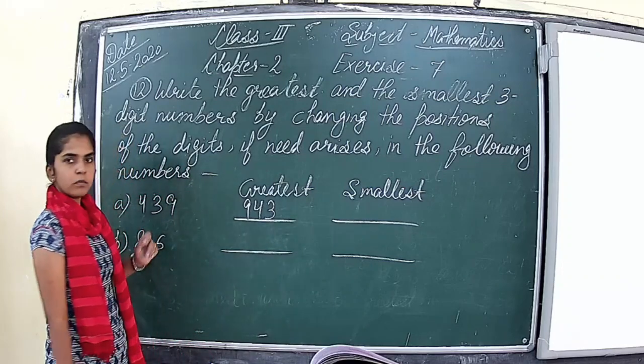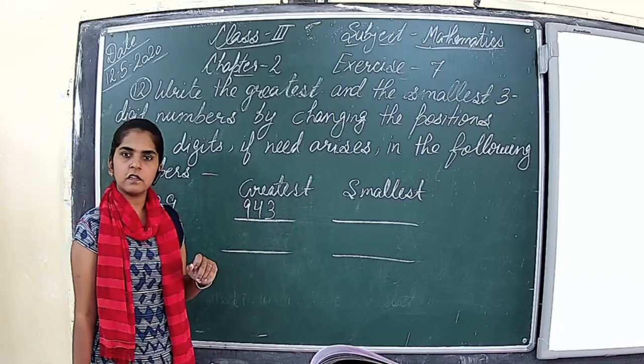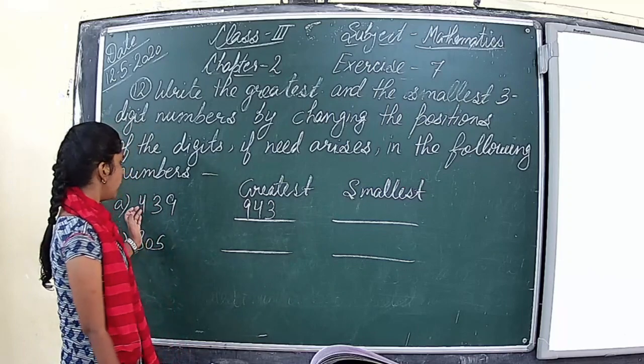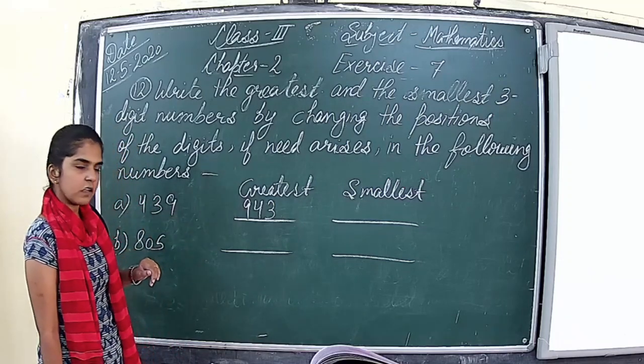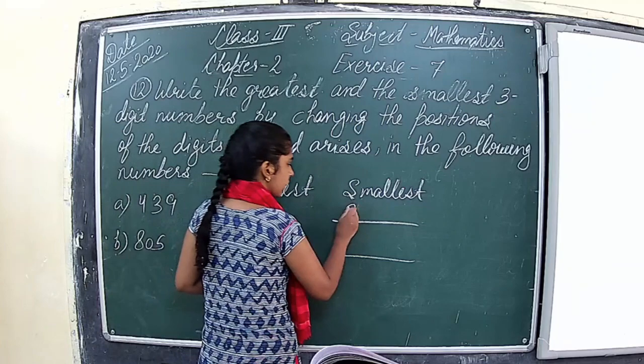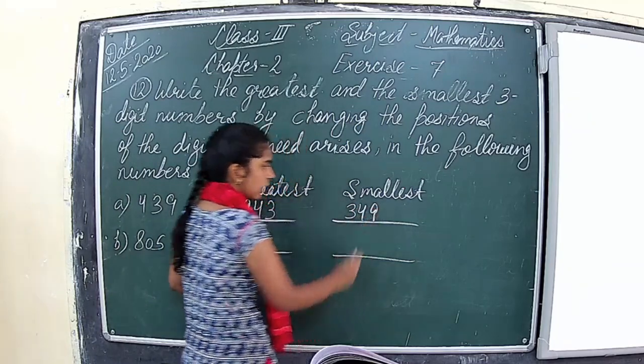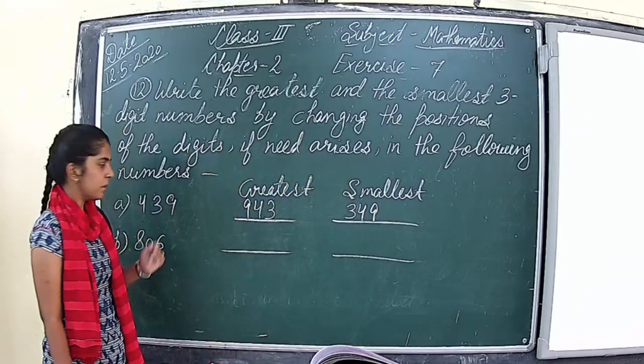Smallest number. To form the smallest number, we will arrange the digits in ascending order. So among 4, 3 and 9, which is the smallest? The smallest digit is 3, then 4, then 9. This is the smallest number. Next,